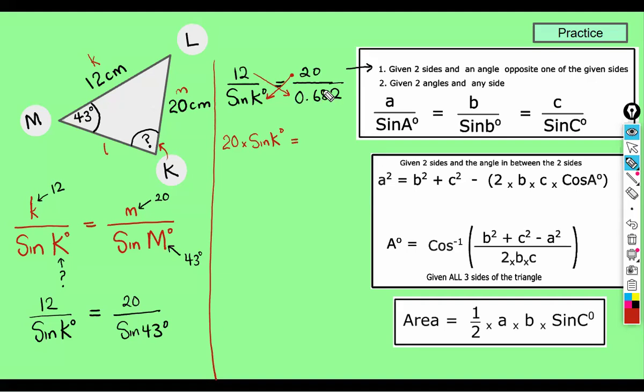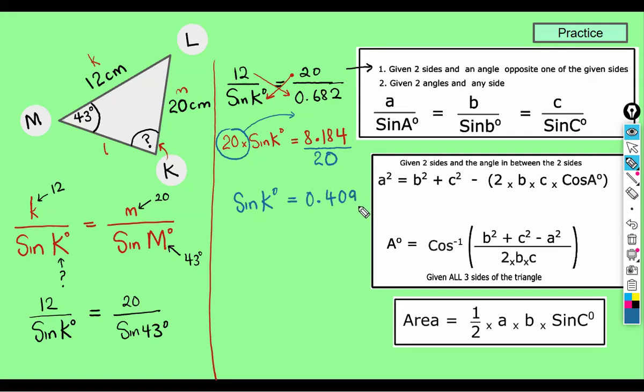12 multiplied by 0.682, I'm getting 8.184. Hoping that you all see that somewhere in your working. Double checking my answer, 12 multiplied by 0.682. Remember, the aim of the question is to solve for K, angle K. So we need to get K on one side, and everything else on the other side. Draw across 20, which is our multiply. You're going to get what? A divide. So sine capital K, when you divide this by 20, you're going to get